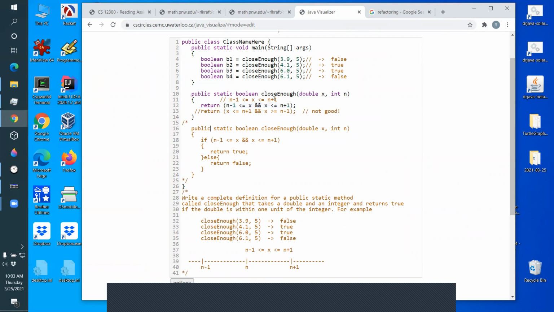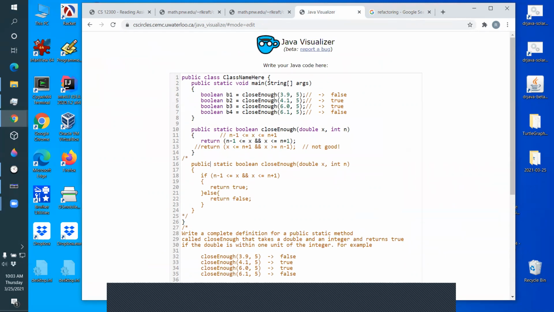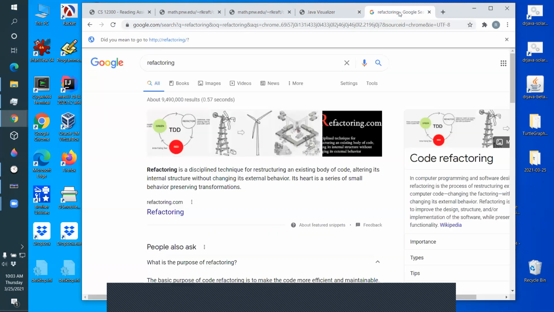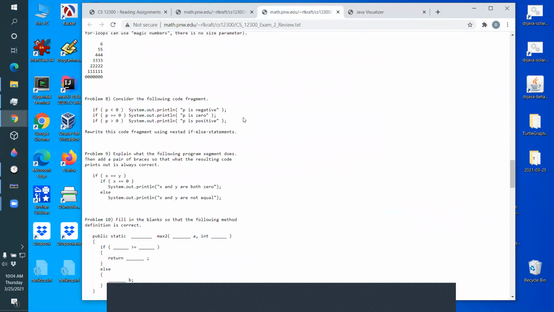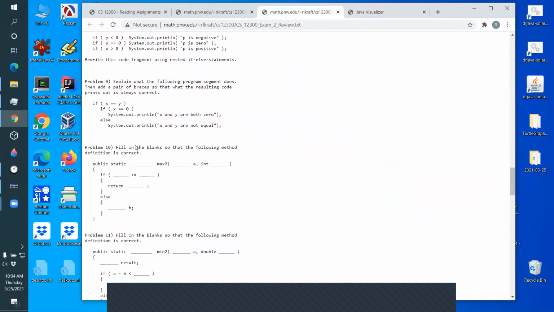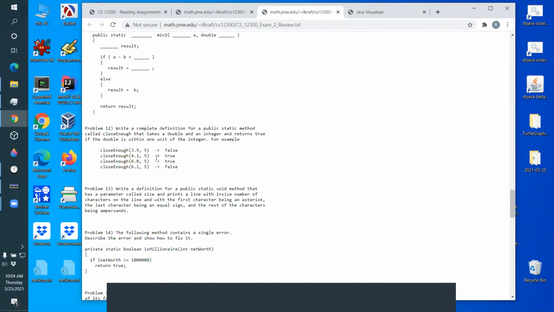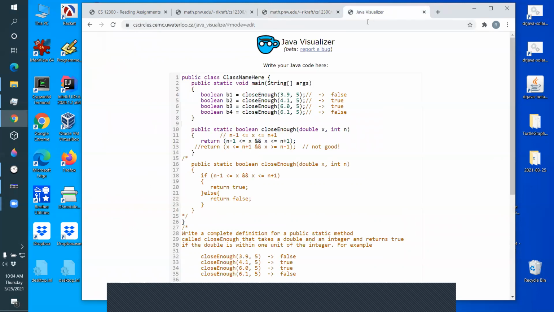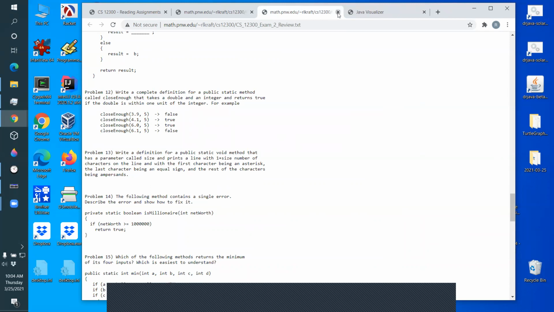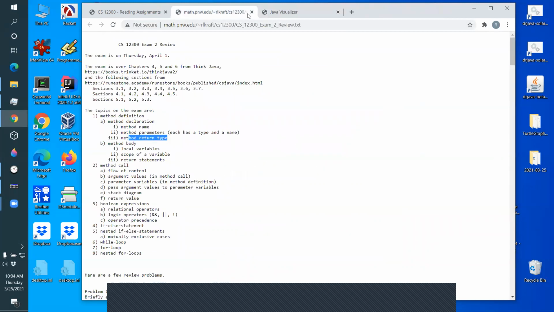Okay, so let's go ahead. Any question about this example? And there's a few others that are similar to this. They ask you to read a description of a method and come up with the definition of the method. Okay, let's go ahead and